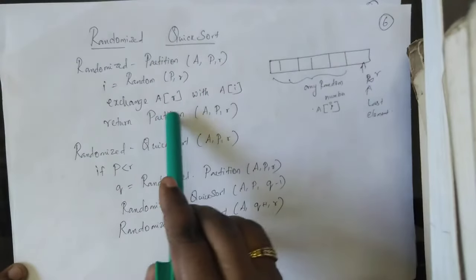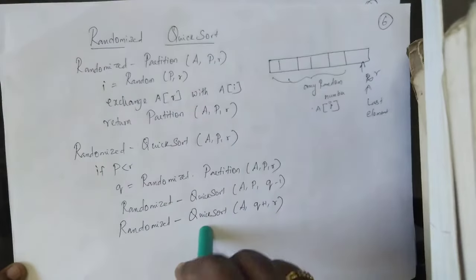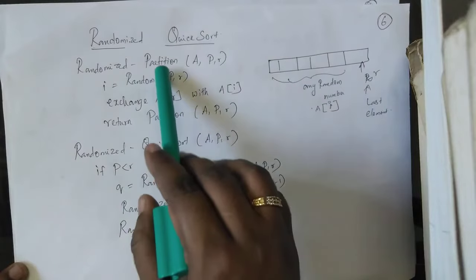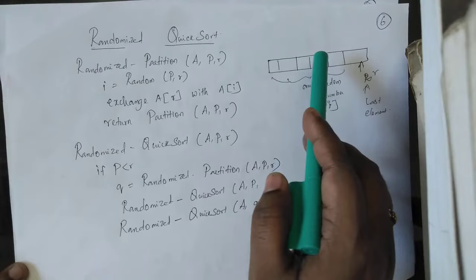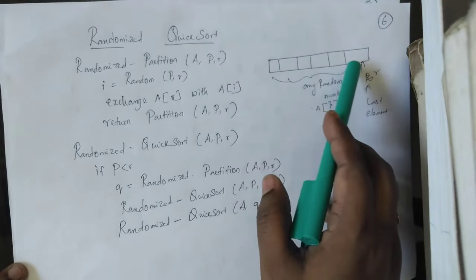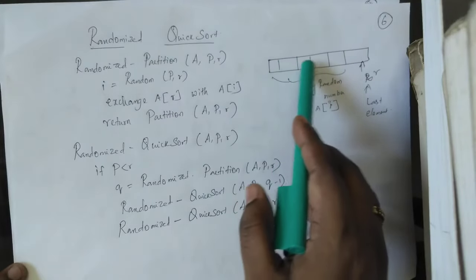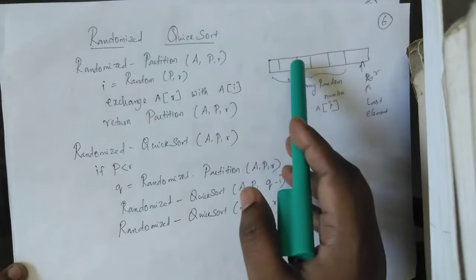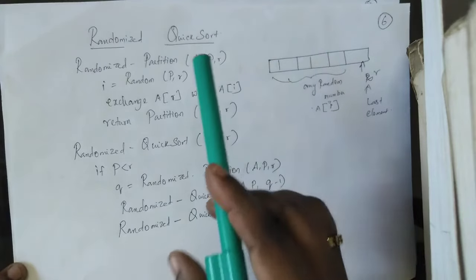So we are making that as the pivot, and we are calling the algorithm again. The rest of the story is the same. This is where the random quicksort is making a difference from the deterministic quicksort. The intuition behind it is that the last element is not always the pivot, and when we are able to make random choices, we are trying to understand whether it gives a better time complexity than big O of n squared. So that's the intuition.